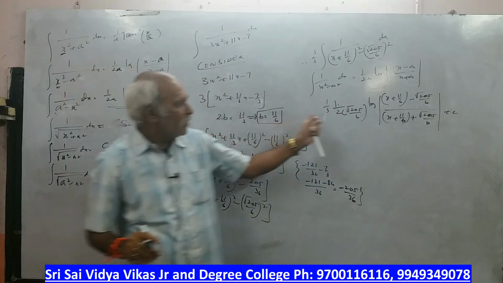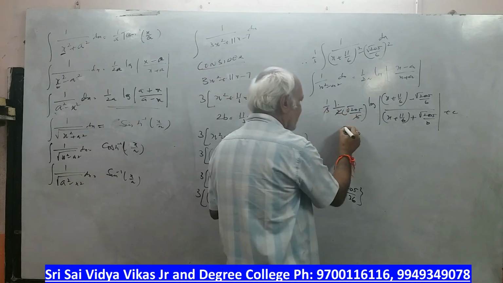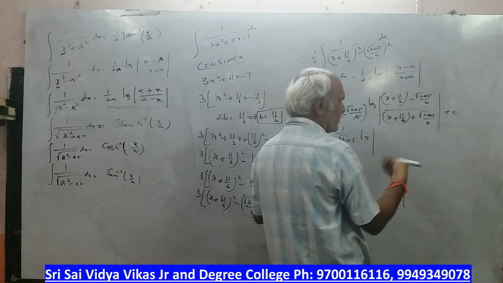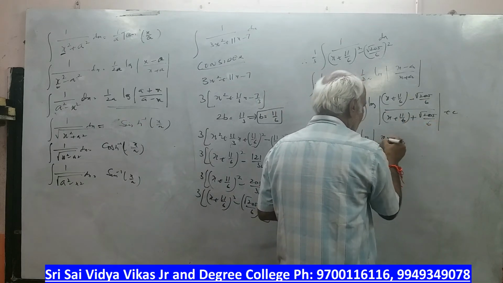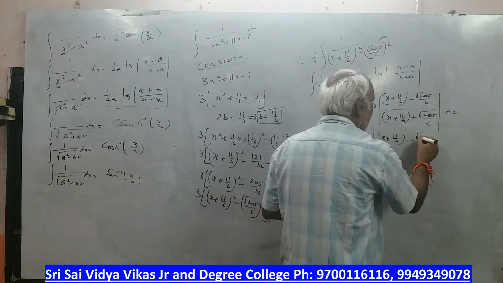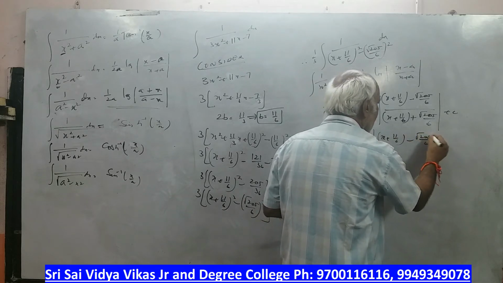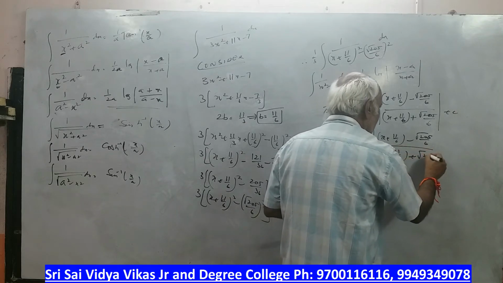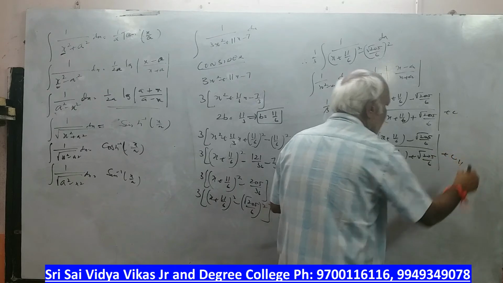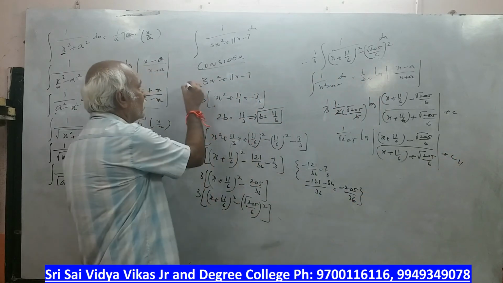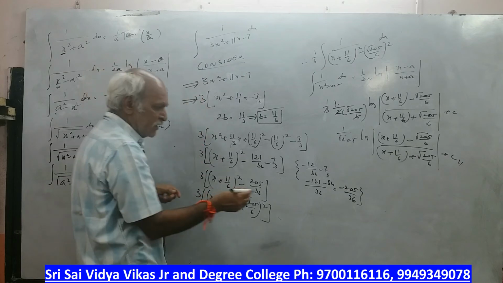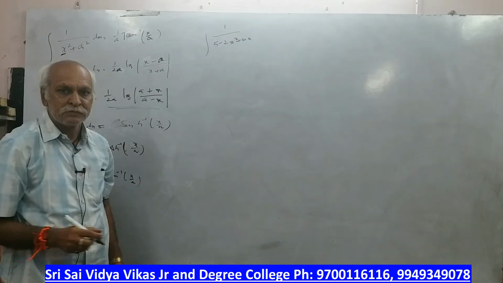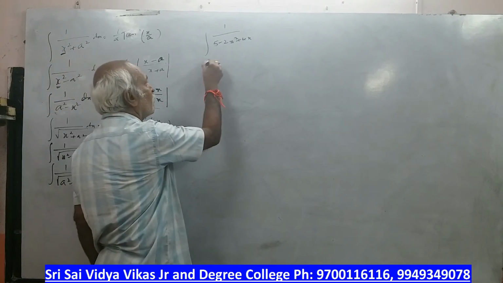So what will happen? This cancellation, 2 into 3, 6 will get cancelled. Wherever it is possible you can do it, sir. Otherwise leave the answer. Here you can take 6 as LCM or leave the answer as this, sir. By 6 by plus c. Right? So what is important here? Taking 3 common and here the flower bracket. Right? Next.